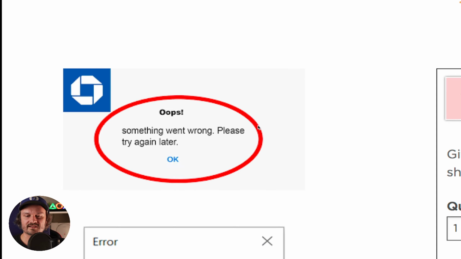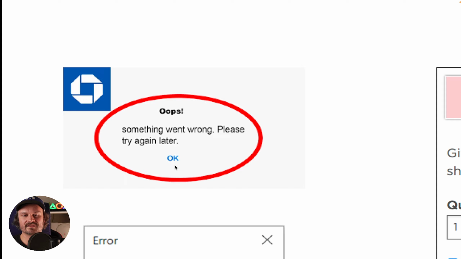So this just fails, and it has OK at the bottom. So this just fails on so many levels. And so this, "Oops, something went wrong." Okay, so oops is a bit cutesy for an error message, and you see that a lot when you have